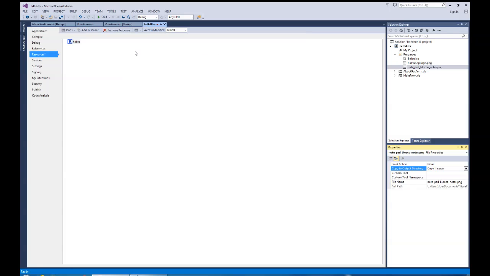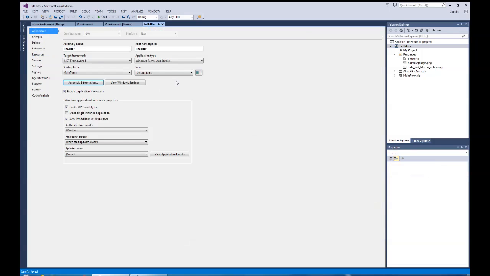Okay, at this point, I'm going to do a save all and close out of my properties of the project. No, before I do that, I want to do one other thing, application. While I'm at it, and since I brought in the icon, let's change that default icon now to my icon right there. So I'll have my icon available for me as I run it. Okay, now let's go back to